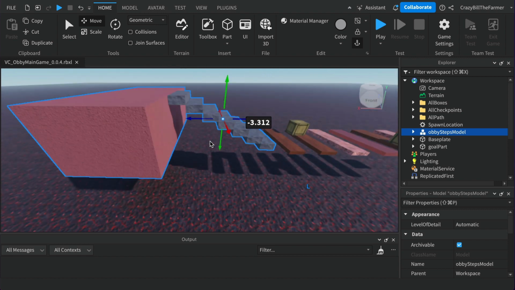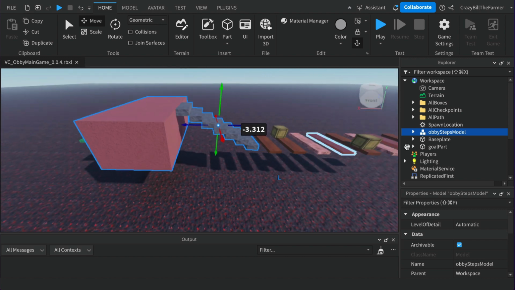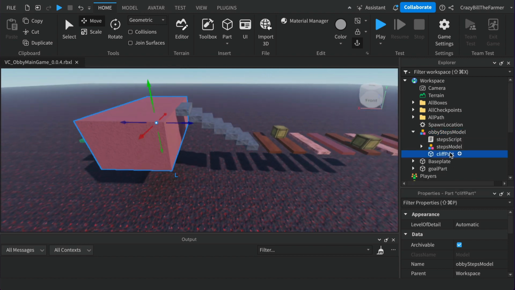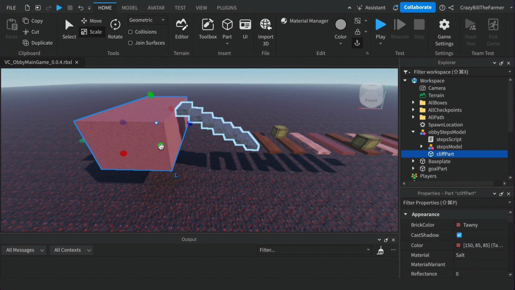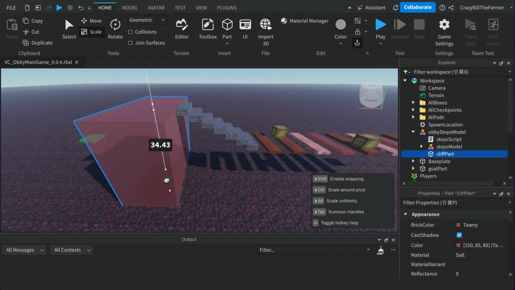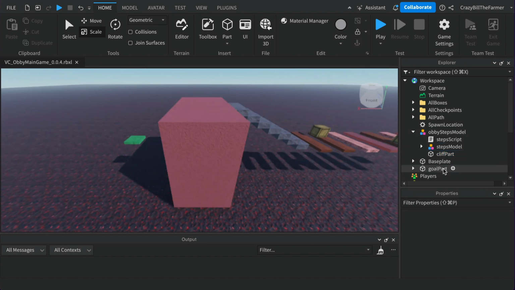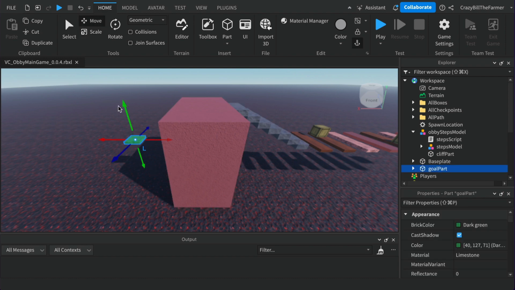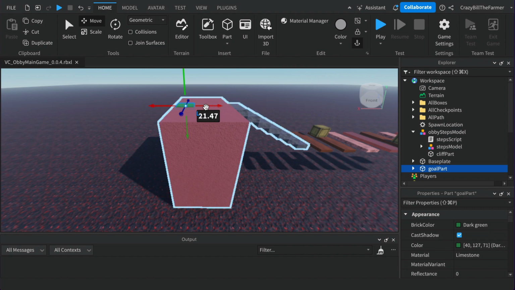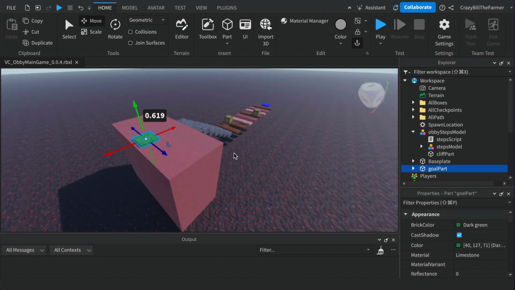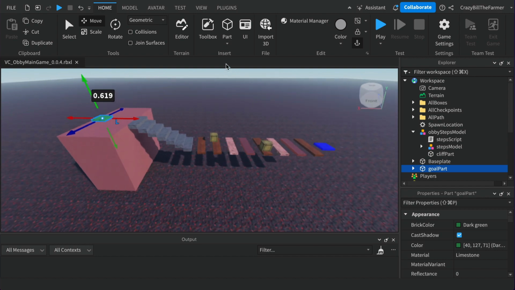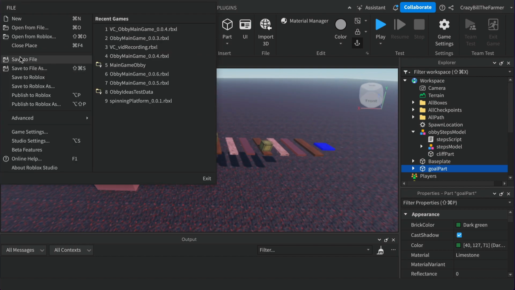And now our cliff part here, if we open up our model, is no longer touching the ground. So what we'll do is scale that one down so that it's touching the ground. And that should be all that we have to do. Now we'll just reposition our goal part up the top here. So currently this is the end of the level that we're creating, and we'll make it up on top of the cliff there. Alright, so once you have that in there, you should be able to give it a save,